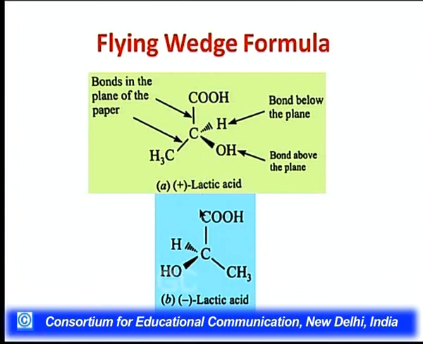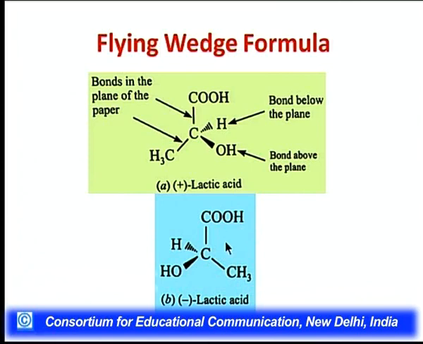Now again, what I have shown here is the mirror image of this compound, lactic acid. What we find here is that these lines are the bonds which are in the plane of the paper. This is the bond which is going away from the observer, and this is the bond which is coming towards the observer. So what we try to do in the flying wedge formula is to represent the three-dimensional structure of the